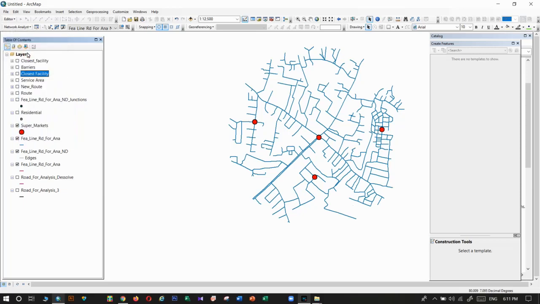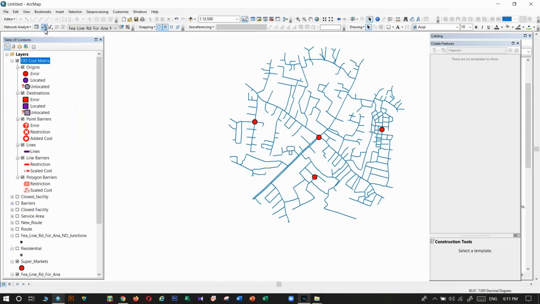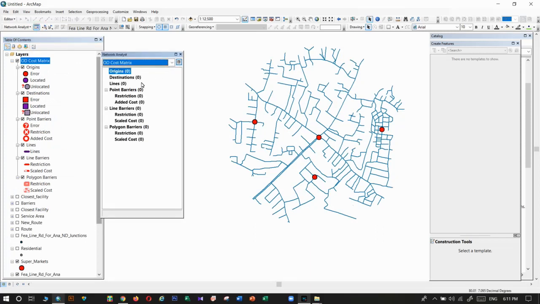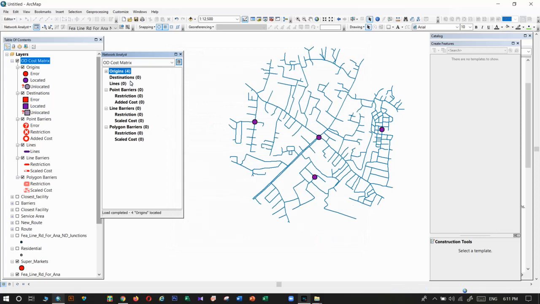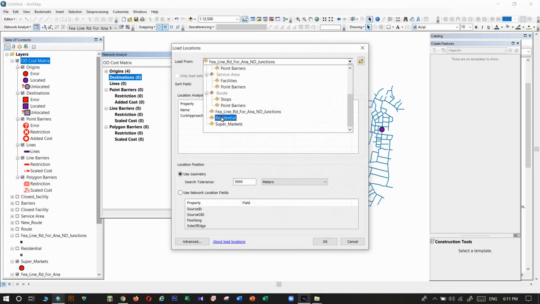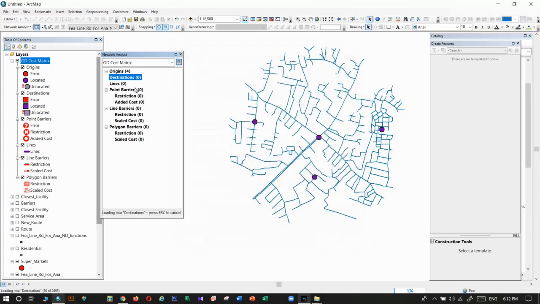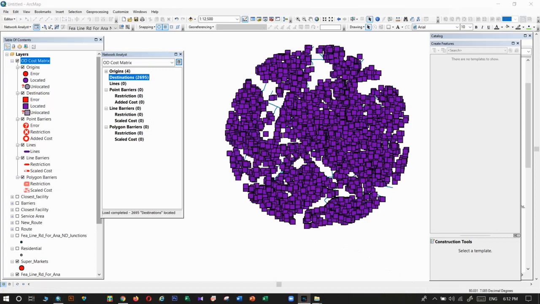Take that tool, then get that properties window. The origins mean our facilities. In that case, I'm going to use supermarkets. Destinations are residential locations. Okay. It's loading, it takes time. Okay,